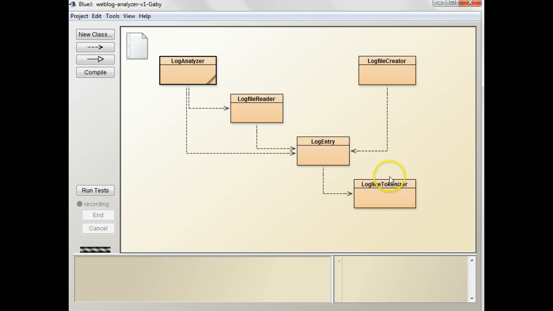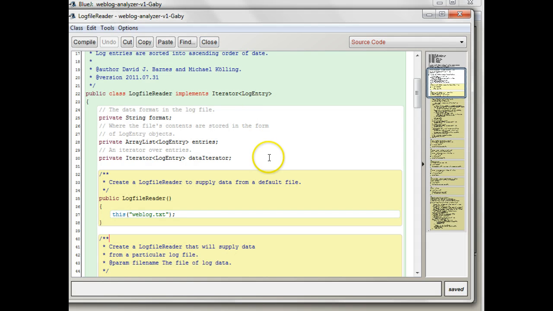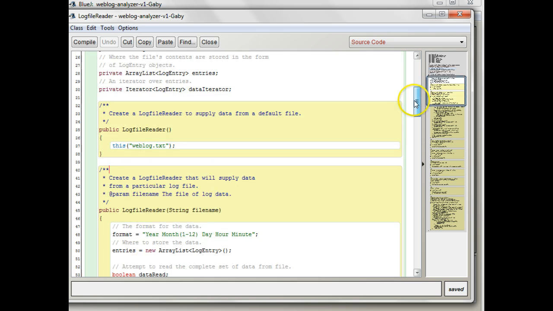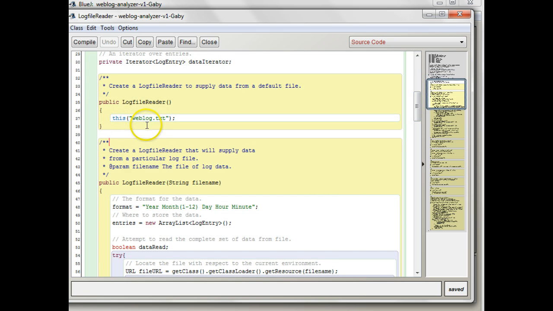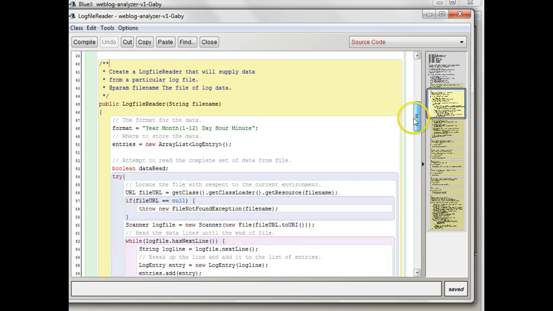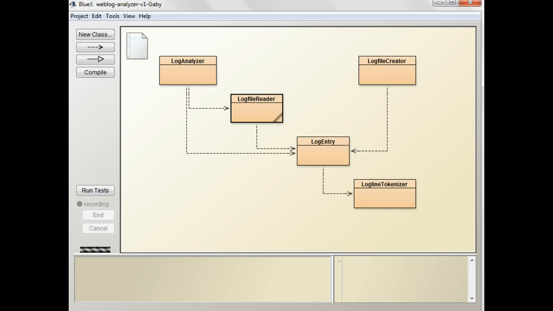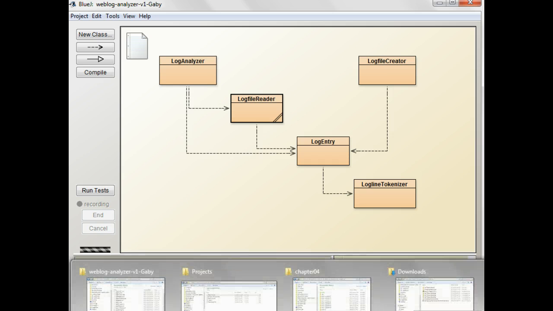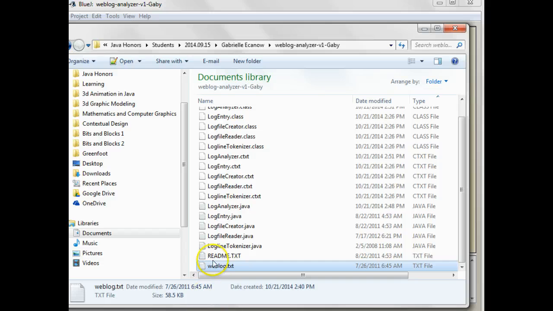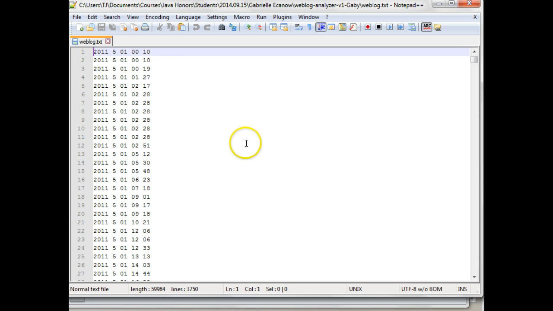The log file reader, where is it? Right here. Well, by default it will look for data in weblog.txt, but you can also pass it a file. So what we could do is, let's see, we have this weblog.txt file, and I actually open it up so you can use whatever your favorite text